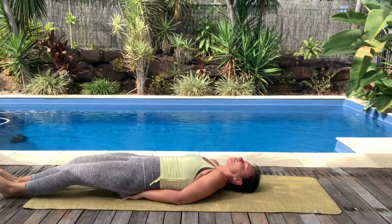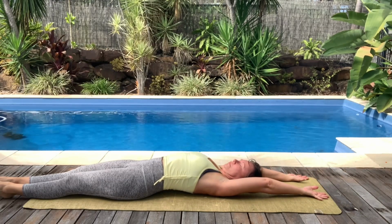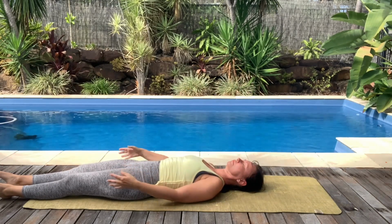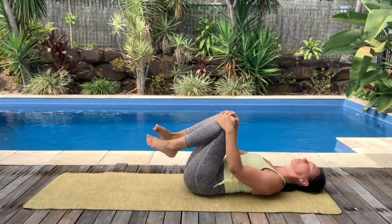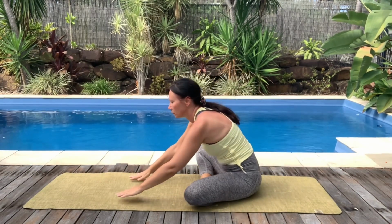And releasing. Take your arms over, full body stretch. Releasing completely. Knees to your chest, up and down a few times. Then come back up into seated position